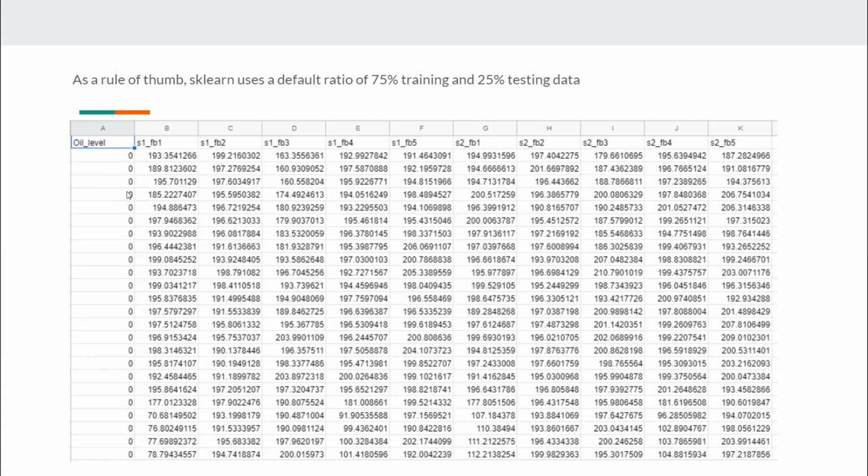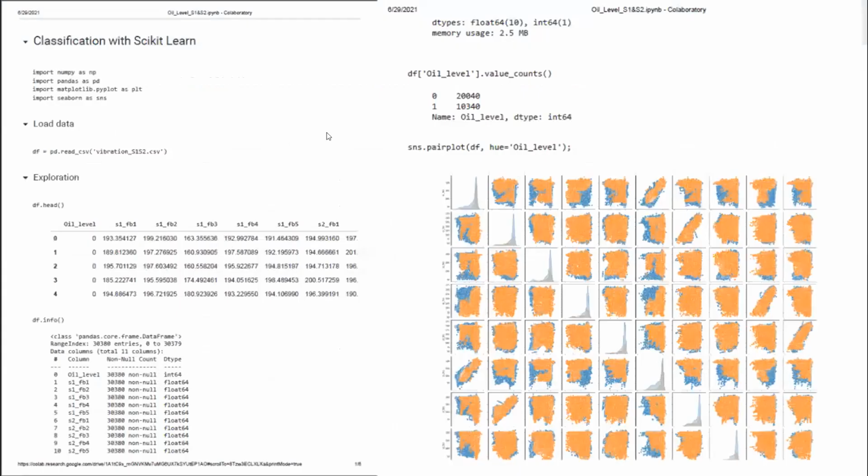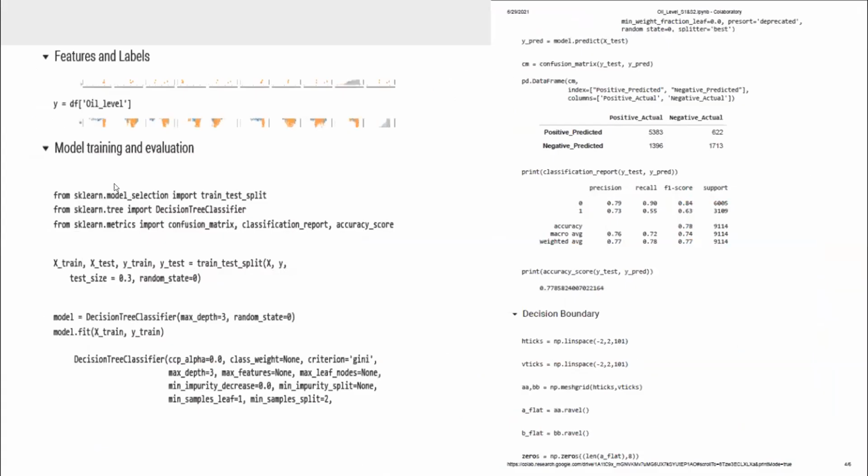So I've taken this, and in lab 2 we tried this exercise. The only thing is I have imported the data into that, considering the oil level. For the model training and evaluation, the method and steps, everything was explained by Jasser, and everything remains the same. And for the confusion matrix, I've taken the parameters from the confusion matrix.